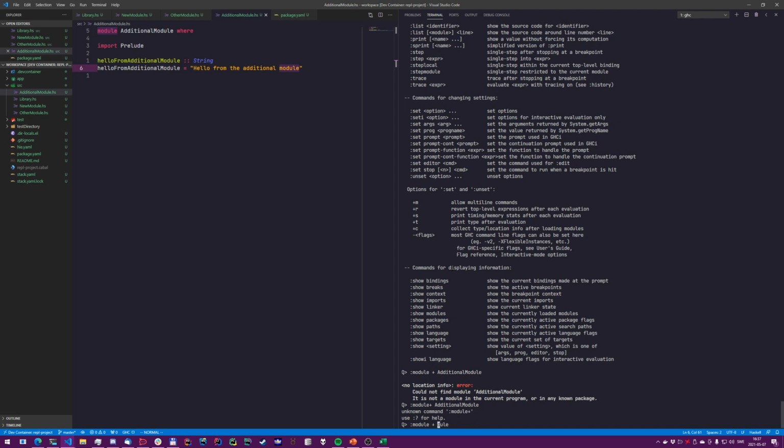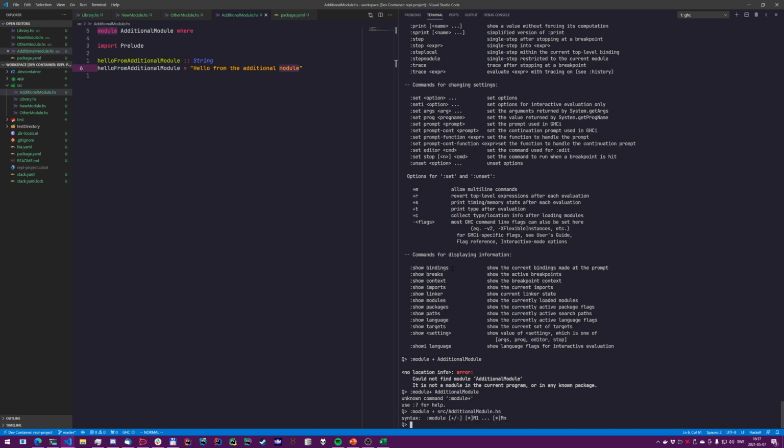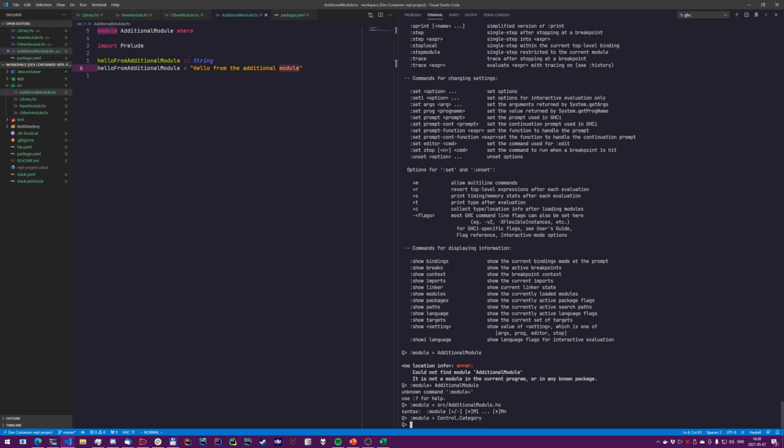Right. Can we write source? We cannot. Okay, so this one is interesting. I do know that we can, for example, say module plus data dot function or others. So control dot category. This should be possible. And if we do show modules,